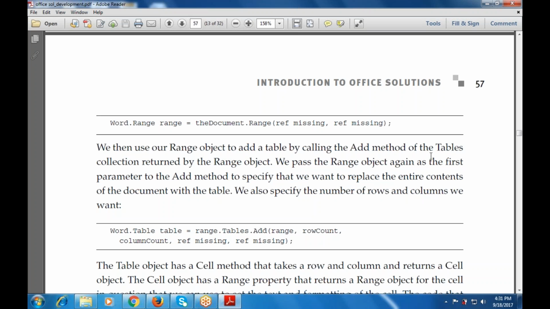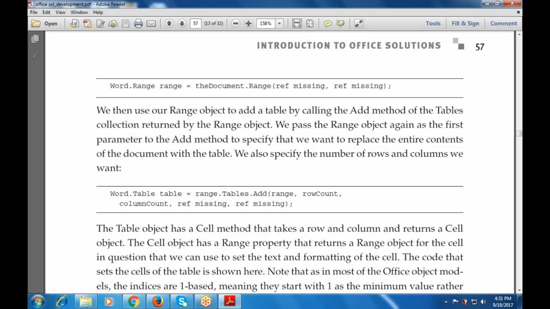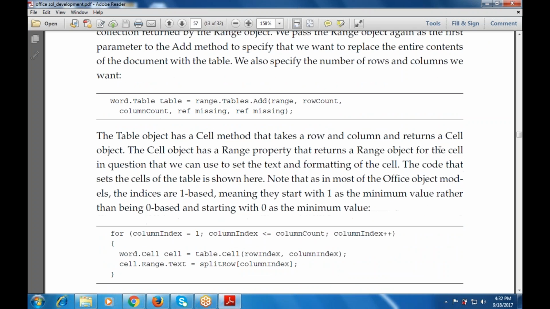And the table object has a cell method that takes a row and a column and returns a cell object. So the cell object that we are taking out has a range property that returns a range object for the cell. In question, we are going to set the text and formatting of the cell. So the code we are using sets the cells of the table that is shown here. I note that in most of the office object models, it starts with 1 as a minimum value